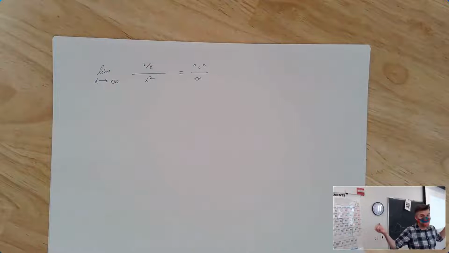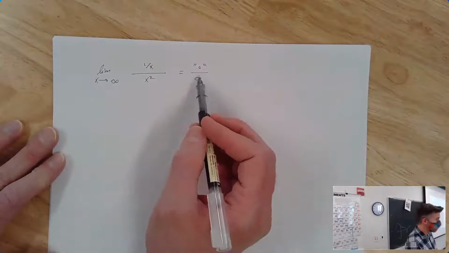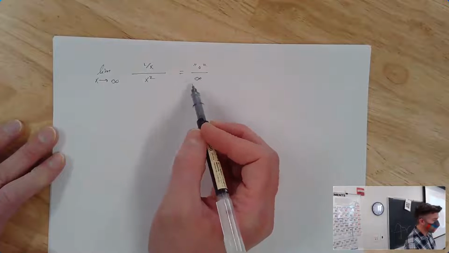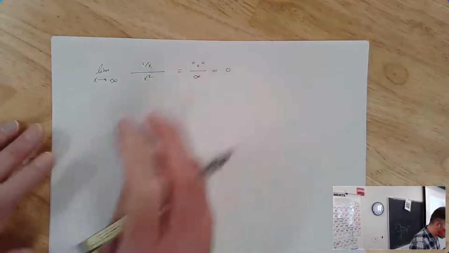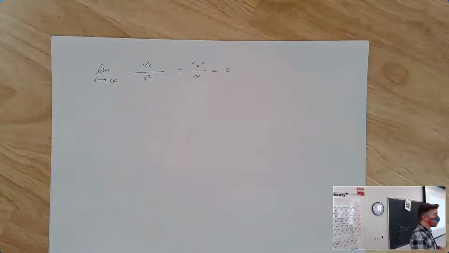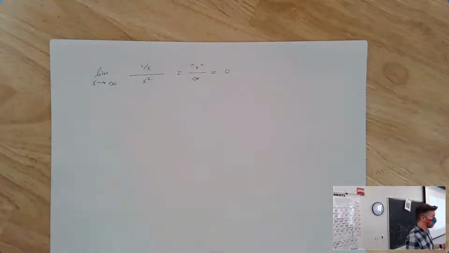0, right? Because when you have 0 divided by not 0, you're saying, how many times does this not 0 number go into 0? And the answer is 0 times. So if your denominator is really, really large, it's going to go into 0 0 times. The other way to think about this, though, is that if you have a very, very small number divided by a very, very large number, the result should be very small.